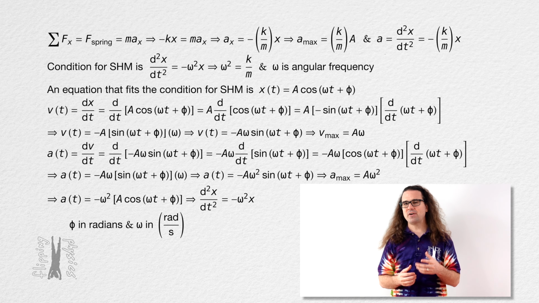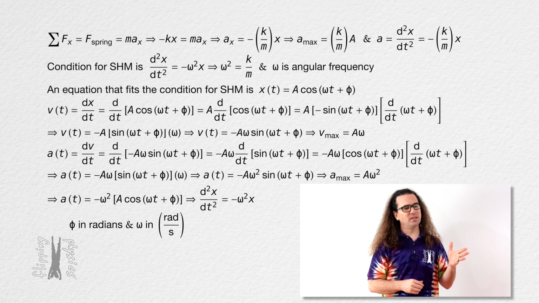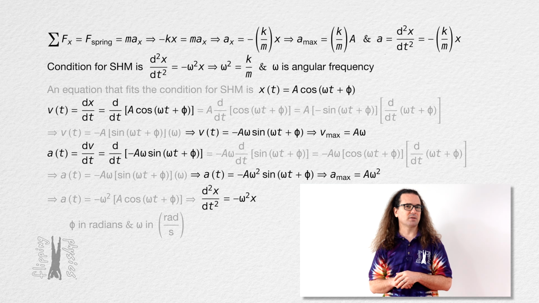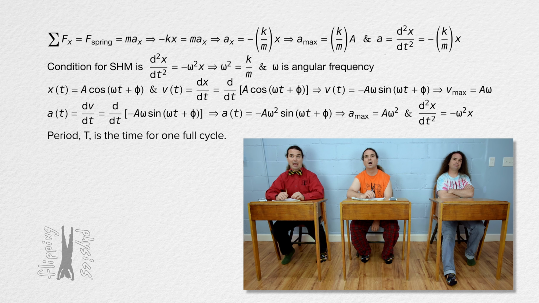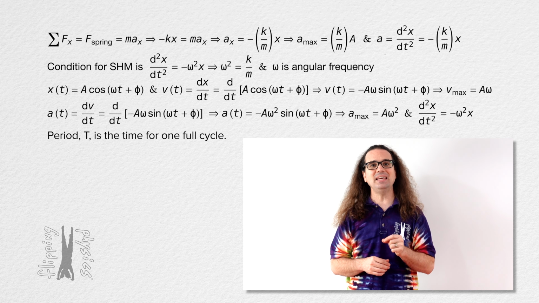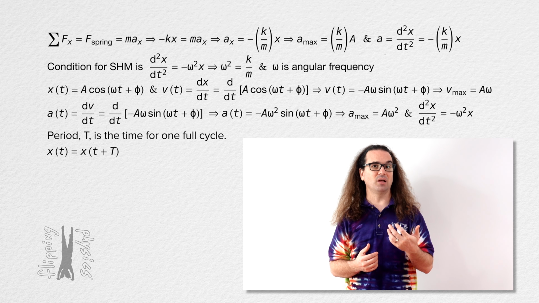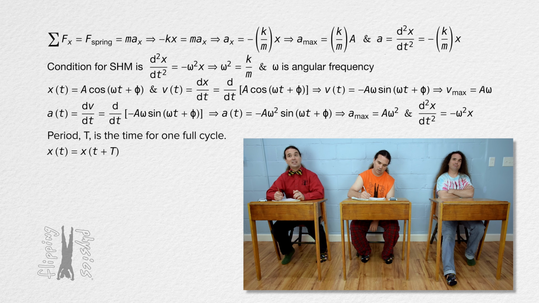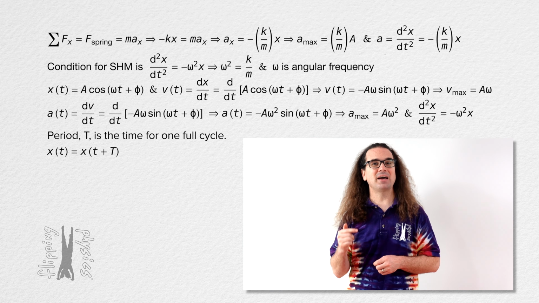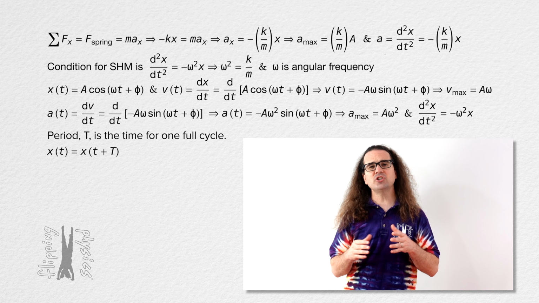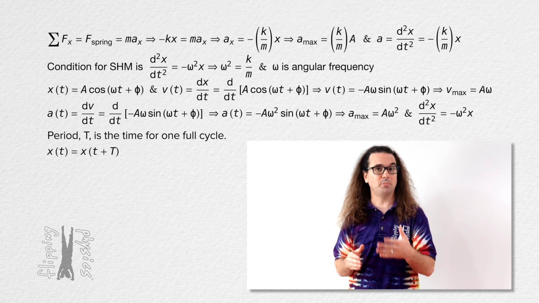Actually, let's talk some more about angular frequency, starting with period. Billy, what is the period of simple harmonic motion? In simple harmonic motion, period, capital T, would be the time interval it takes for an object to go through one full cycle. In other words, the values of the position equation should be equal at times t and t plus the period. Right. After one full cycle, the position is the same, so the position function should give equal results after time t and time t plus the period. That makes sense. Also, after one full cycle, the phase has increased by 2 pi radians.